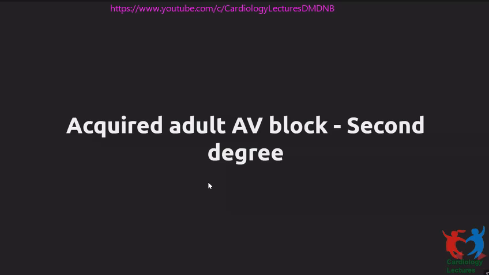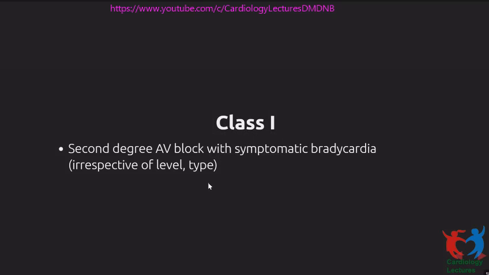Now, what happens with second degree AV block? There are a couple of important things here, which is to try and distinguish type 1 from type 2 AV block. So you know the ECGs, I'll show you some of the ECGs also. Type 1 AV block is the classic Wenckebach rhythm, where you can see that consecutively conducted beats have a progressive prolongation of the PR interval, followed by block of one P wave, and then conduction resumes from the next beat onwards. Whereas a second degree type 2 typically has no change in the PR interval among the conducted beats. That's one of the things.